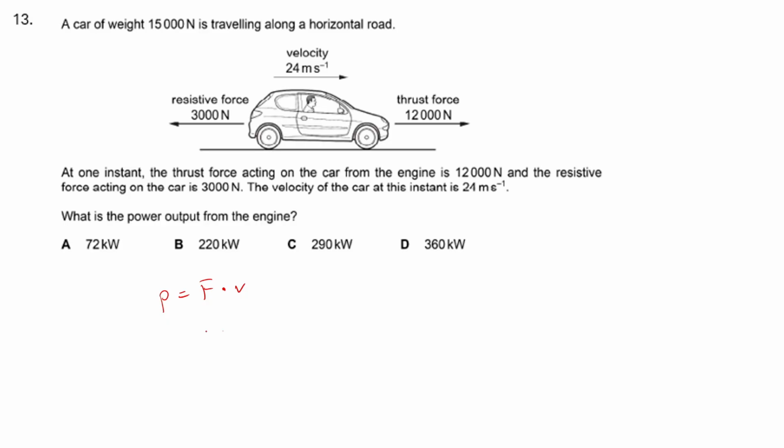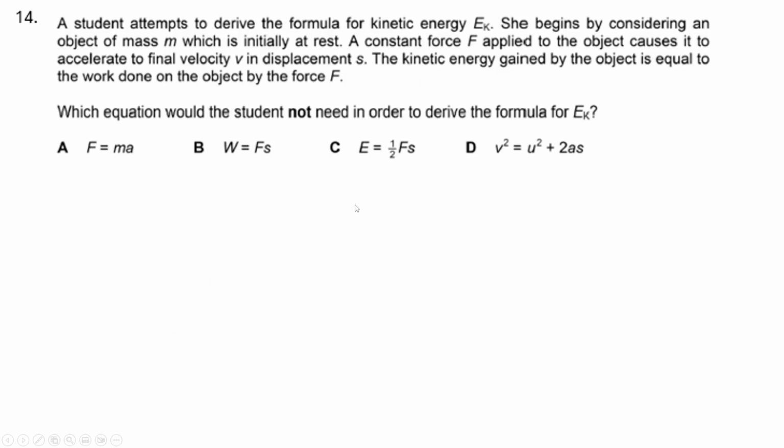Yes. Okay. So they're asking for the power output from the engine specifically, which is producing the thrust force. So it's going to be 12,000 multiplied by 24 meters per second is equal to P. And if you multiply this out,